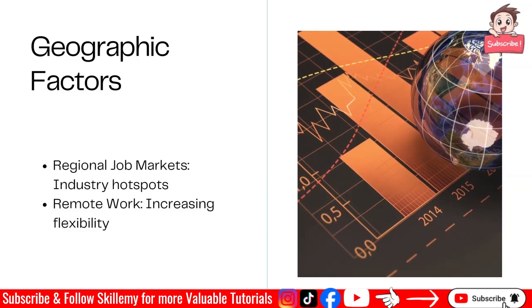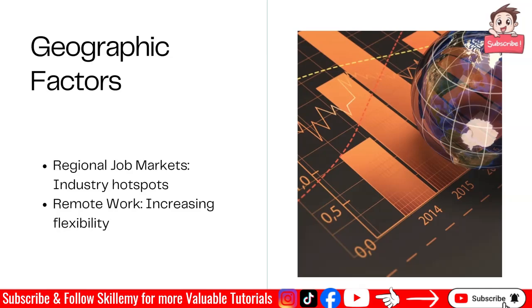Geographic factors: regional job markets, industry hotspots. So what is a regional job market? A regional job market is based on a particular region. Previously I gave an example of rural to urban. So this is a region. In an urban area where people are coming and working, what kind of jobs are present there?